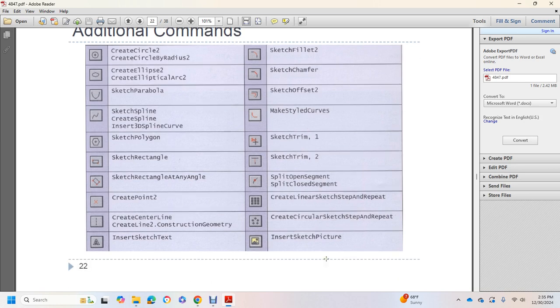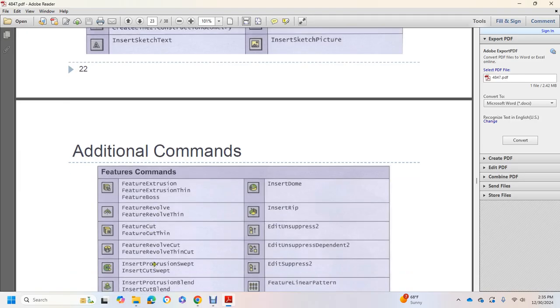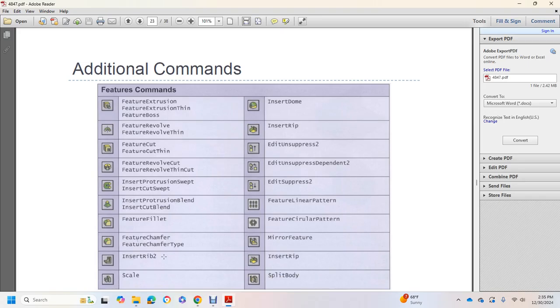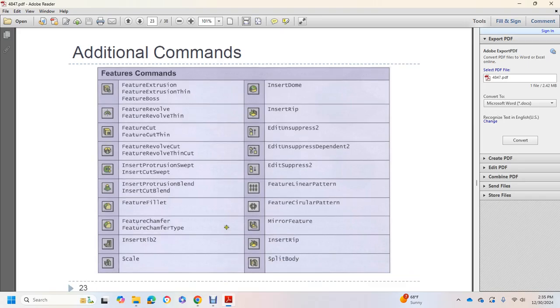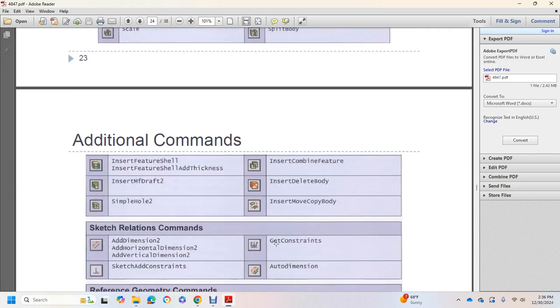Create sketch step and repeat, insert sketch picture, feature extrusions and thin emboss, revolve and revolve thin, cut and cut thin, revolve cut and thin cut, protrusion sweep and cut sweep, protrusion blend, cut blend, in the feature fillet, feature chamfer types, insert rib, scale, insert dome, edit unsuppressed 2, edit unsuppressed dependent 2, edit suppressed 2, feature line, linear pattern, feature circular pattern, mirror feature, split body, additional commands, insert feature shell, added thickness, insert draft,